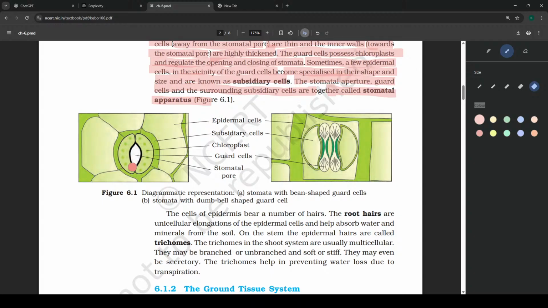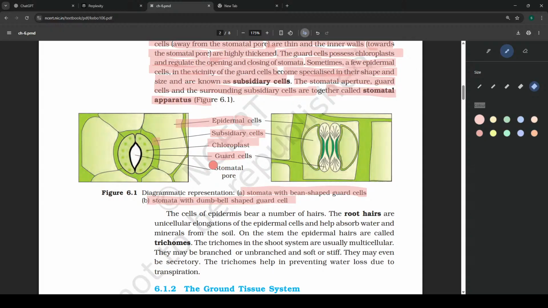Epidermal cells, this is the stomatal pore. This is with bean-shaped guard cells, mostly in dicots, and dumbbell-shaped in monocots. Diagrammatic representation of stomata with bean-shaped guard cells, stomata with dumbbell-shaped guard cells. These are the epidermal cells which turn into subsidiary cells. Chloroplast in the guard cell here,